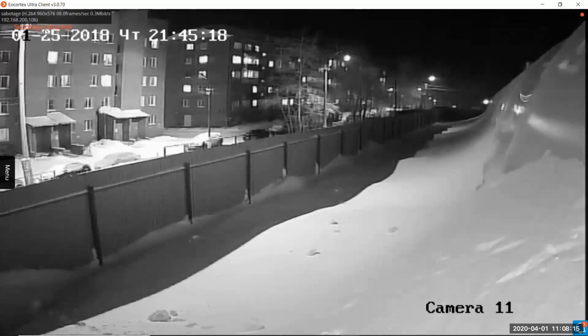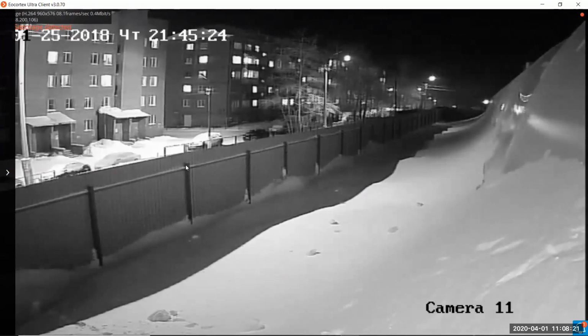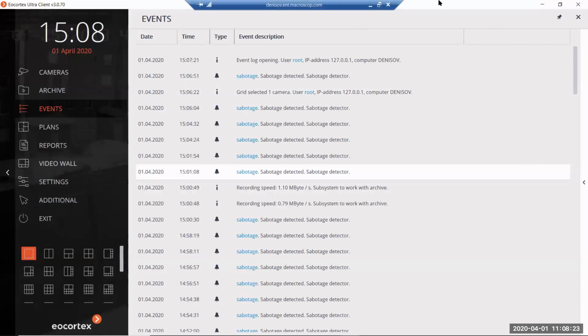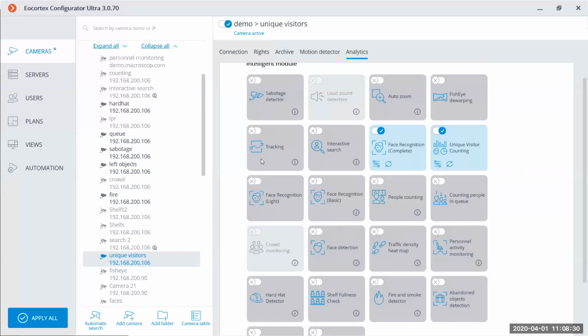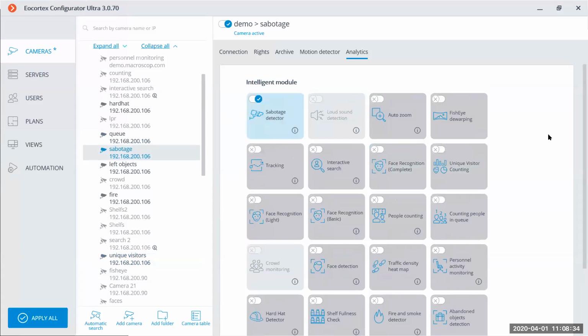Also in the left upper corner, we can see the message, Sabotage Detected. And if we need, we can also create an immediate notification for this module. Let's open the configurator. Here you may notice that there are no settings for the Sabotage module because it's really simple.